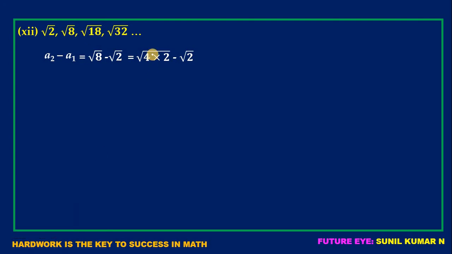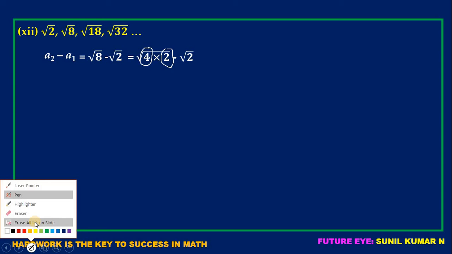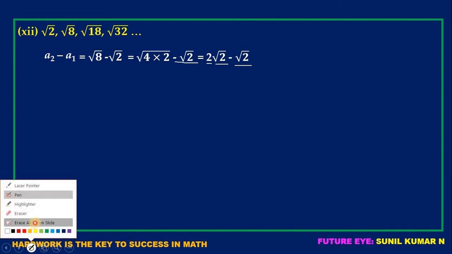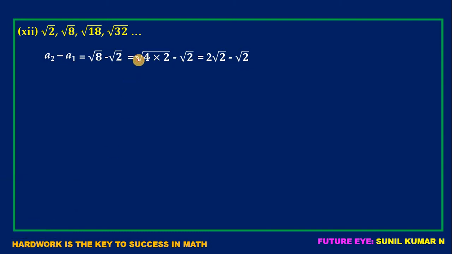Now this root is present for 4 and also for 2. Now you answer, does root 4 give an exact value or not? Yes. What is the value of root 4? We get 2. And root 2 means root 2 only. And this minus root 2 I have written as it is. I repeat again, children. This root is present for 4.